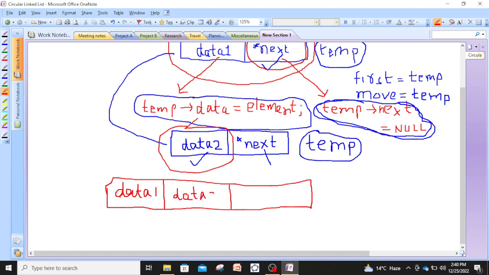So the link part of the first node is not here, and here will be the next, and this next is of the second node. Remember this thing as well. And this is the link part, and if we write precisely, then in the third box there will be null. Okay. In this way you see that the two nodes get attached,